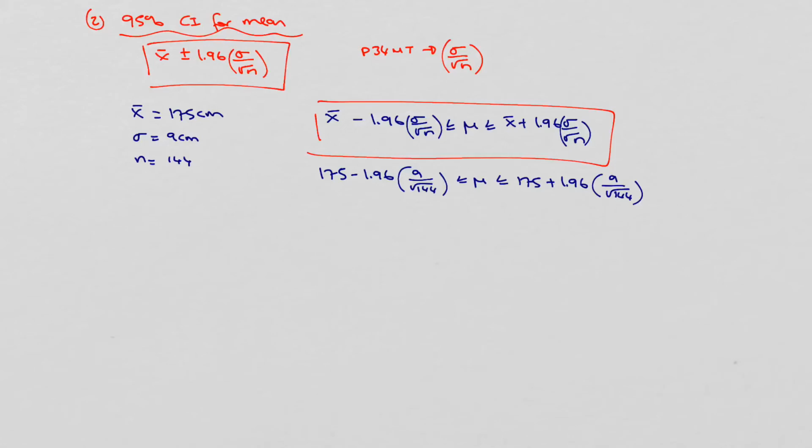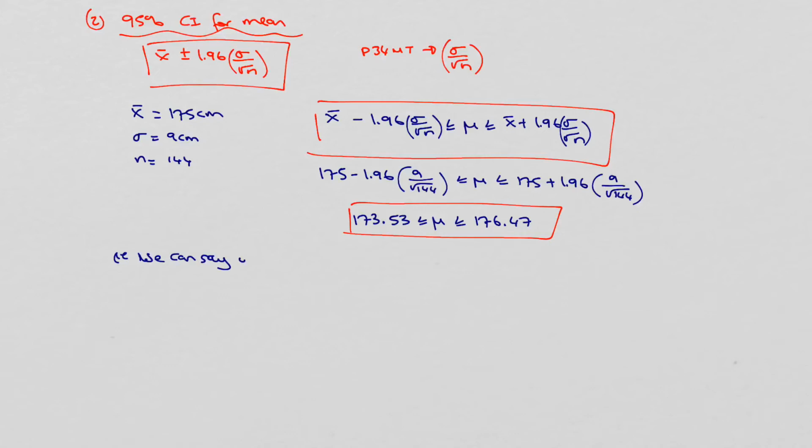So subbing our values into our calculator, what does that give us? We get 173.53 less than or equal to our true population mean, less than or equal to 176.47. So that's the 95% confidence interval. In other words, what we can say is, with 95% confidence, that the true population mean,